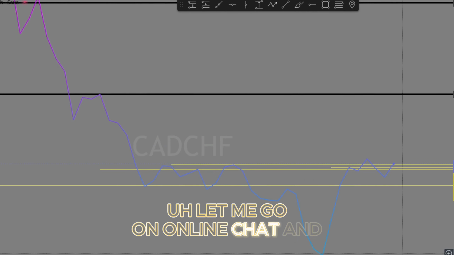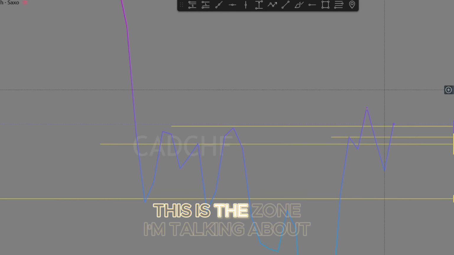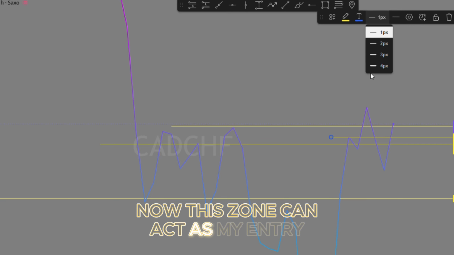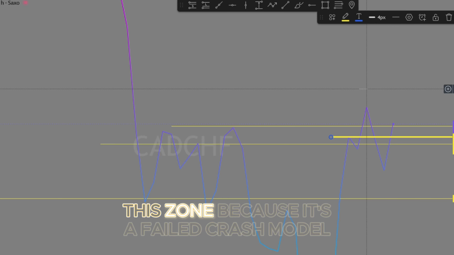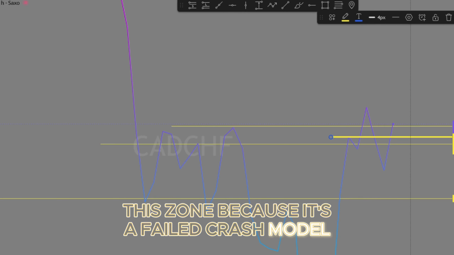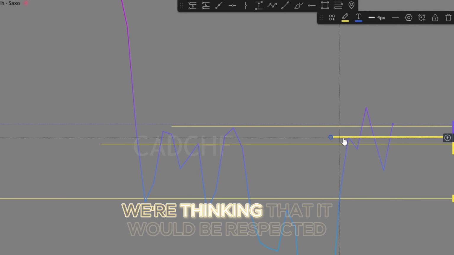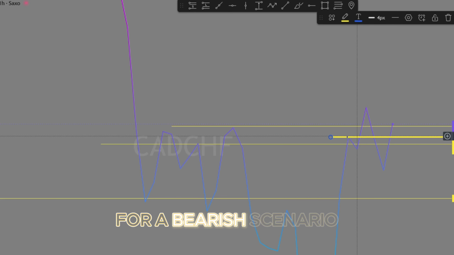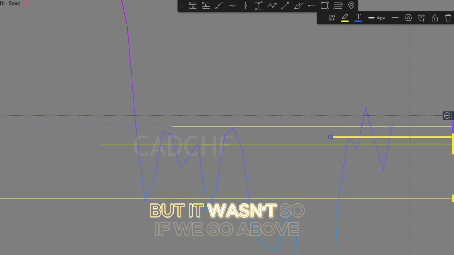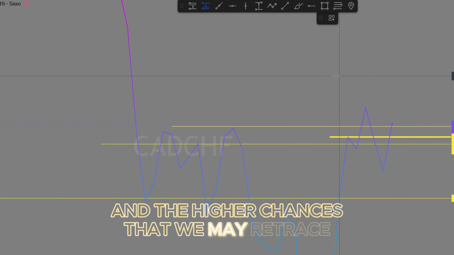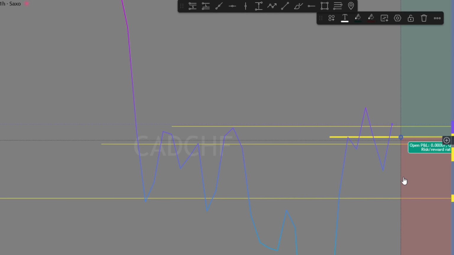Let me go on the line chart and show you. Now this zone, this is the zone I'm talking about. You see this zone here. Now this zone can act as my entry point, because it's a failed Quasimodo zone. The market can retrace around here, because we were thinking that it would be respected for a bearish scenario, but it wasn't. So if we go above it, there are higher chances that we may retrace toward this zone,